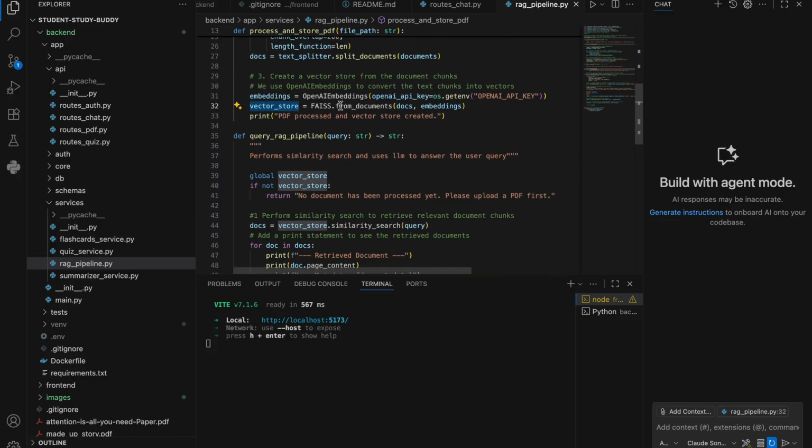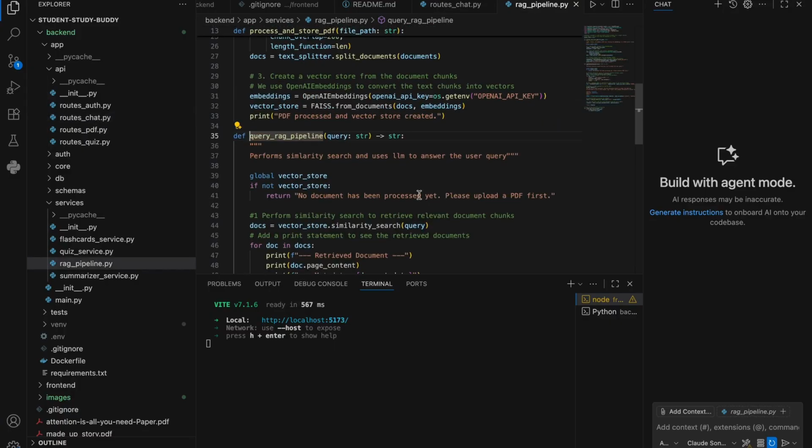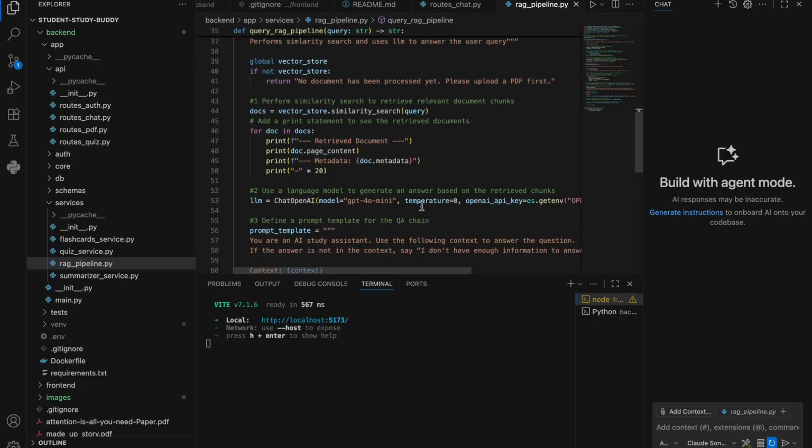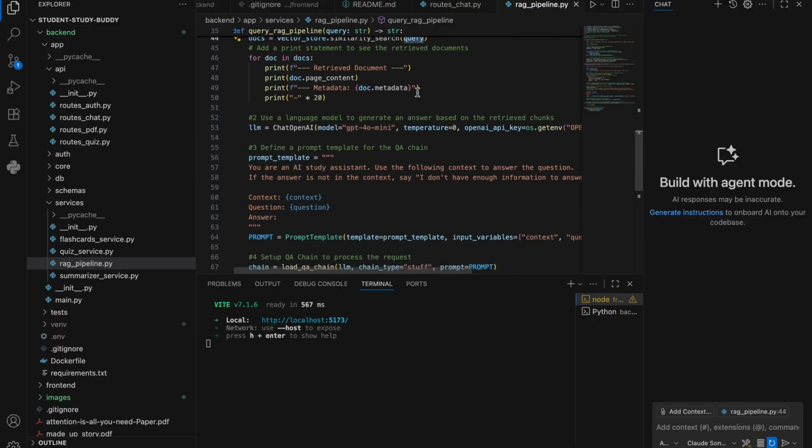Now comes the second portion of it regarding the chat part. So we'll see routes.chat. So this is a /chat endpoint that is being used here. So this is the method query RAG pipeline. So first, it performs a similarity search to retrieve the document chunks. So whatever query you have provided, it does a semantic search on it. Once we have done the semantic search,